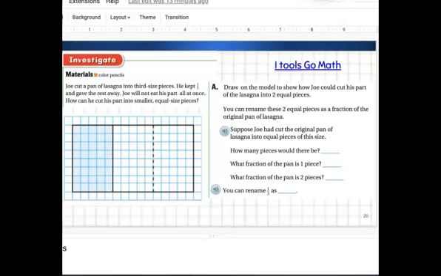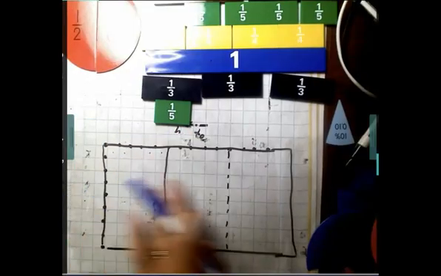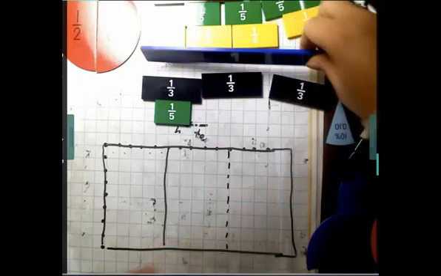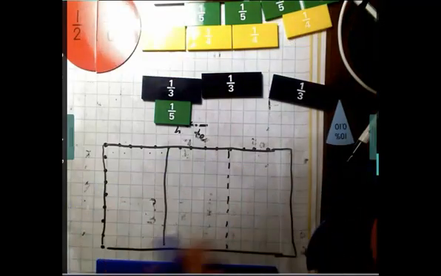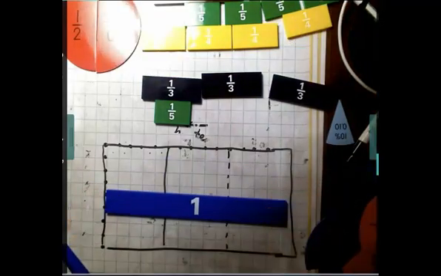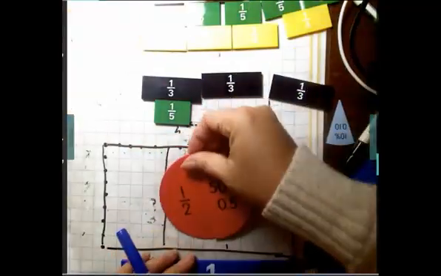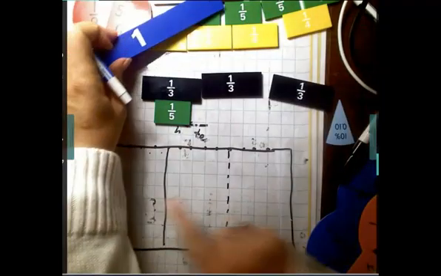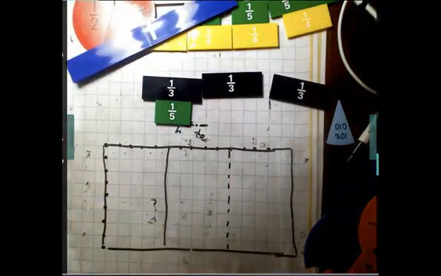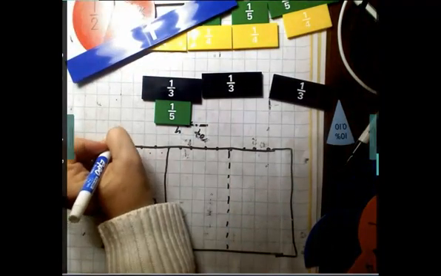So let's take a look. All right, so here's the original whole lasagna. If you can think of it this way, this whole rectangle represents 1 whole. I know it's bigger. It also, if it was to be like a pan pizza, this would be 1 whole. So these 3 pieces each represent 1 whole. So here's your 1 whole,